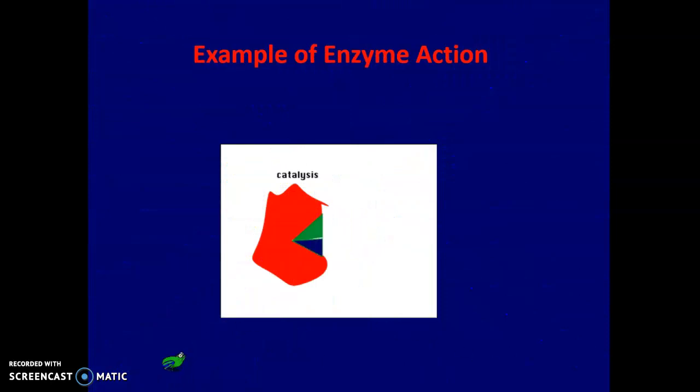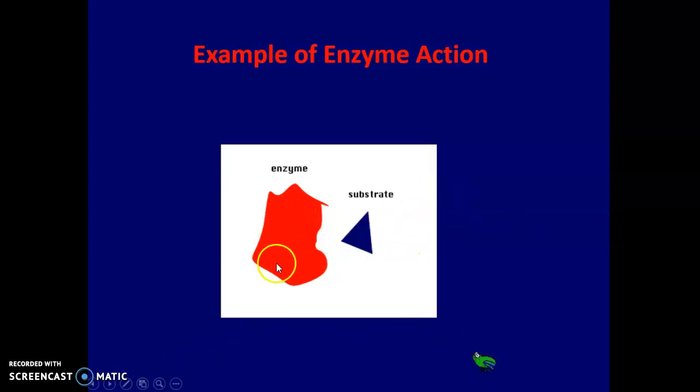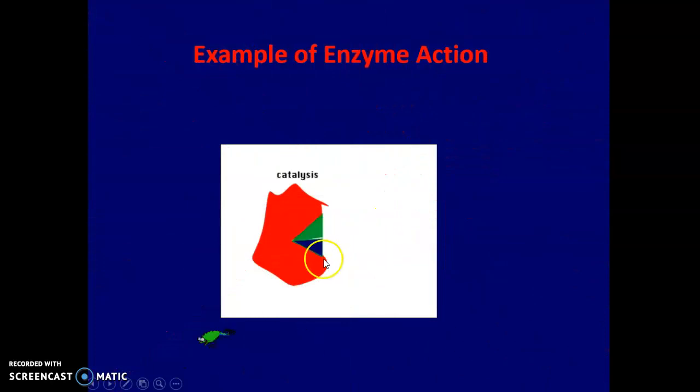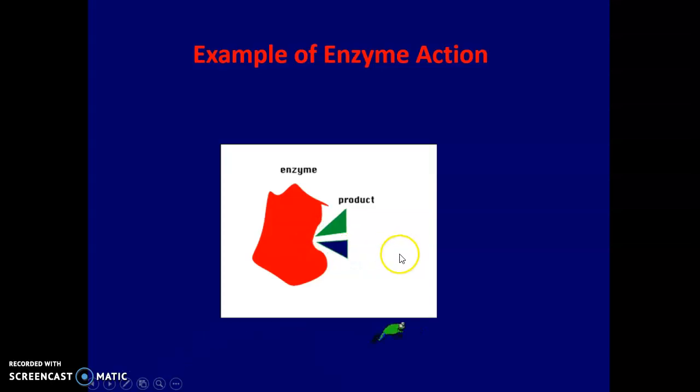Now, I want you to have a look at this. The red is the enzyme. Notice it locks in and it breaks this product apart. Before it's worked on by the enzyme, it's called a substrate. Let me go back. It's called a substrate. After it's broken down, it's the product, just like a math problem, okay? Here where it attaches is the active site. So it fits right in almost like a key and lock.